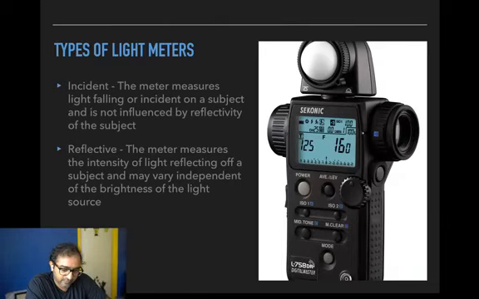When you shoot a photograph, do you point the camera at the subject or do you point the camera at the light source to get a light meter reading? Right? You never point the camera at the sun when you're shooting a landscape, right? You always point it at the landscape. So that means that you're taking meter readings off the subject. You're not taking meter readings from the light source. So because that's the case, you're using a reflected light meter. All cameras have reflected light meters, not incident light meters, right?